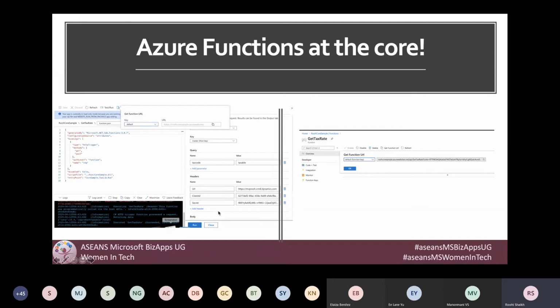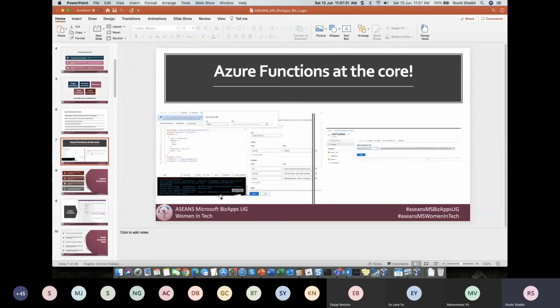I am requesting 3 additional details when the Azure function is invoked. I need the URL, which is going to be the CRM URL, and then the client ID and secret. Client ID and secret are the ID and the secret of the app that you have registered in Azure, and the one using which you have created the application user. So hold on, let me just quickly